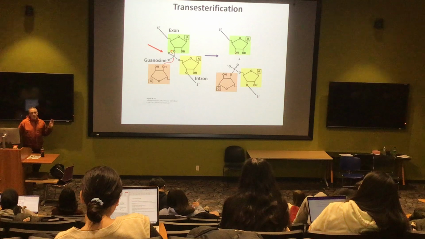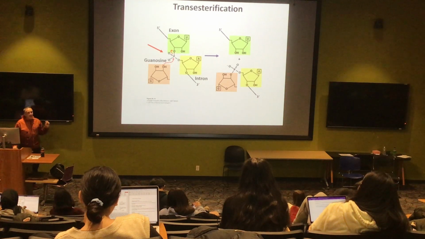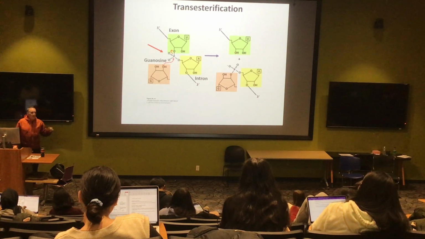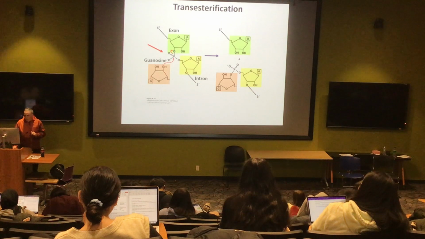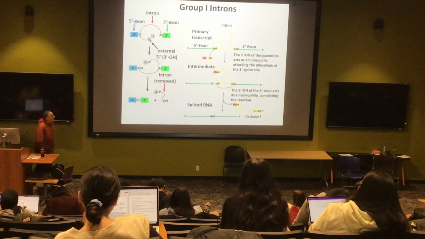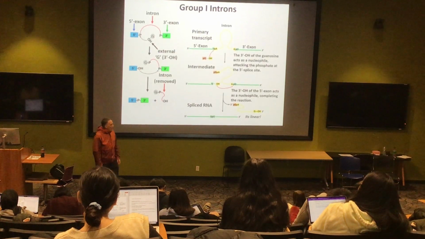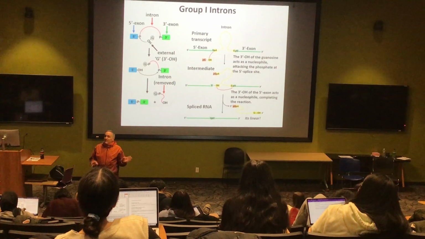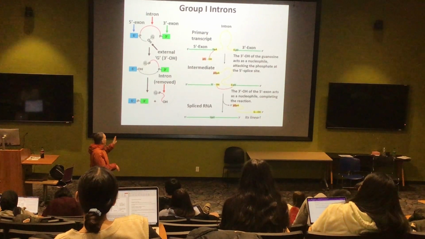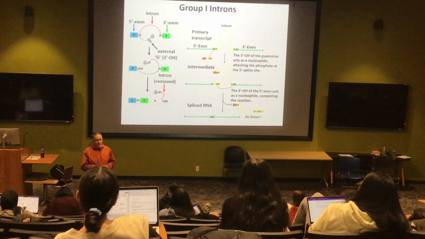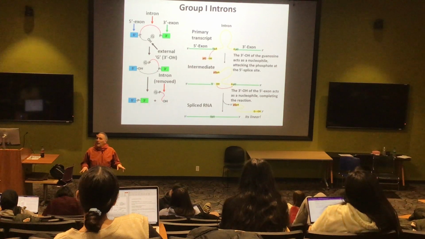This type of chemistry will be really pivotal in terms of understanding how these group 1, group 2, and yes, also spliceosomal introns actually work. Okay, so here is our group 1 intron, showing you 2 different representations of it. A simple one here and a slightly more complex one, but in both cases, still representing the nucleotides as just